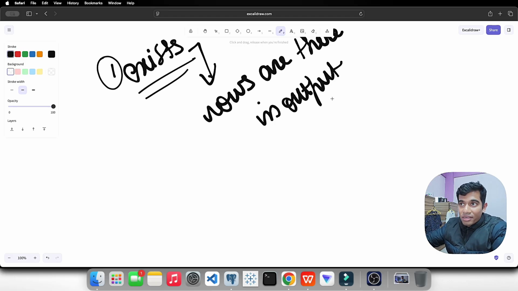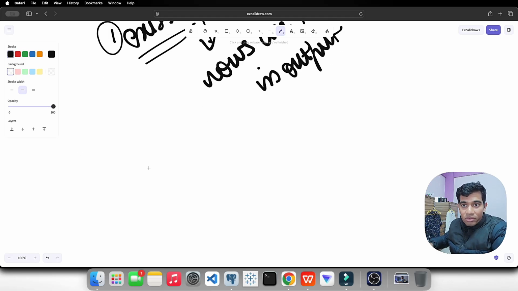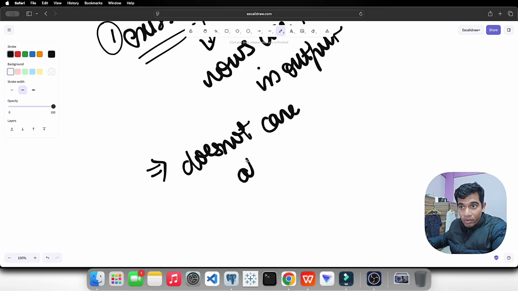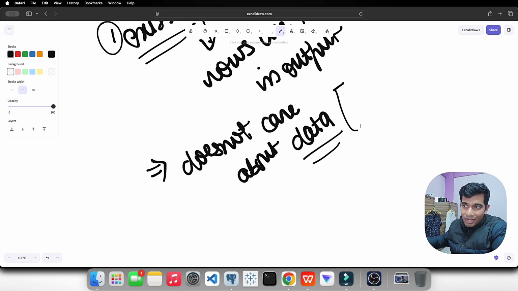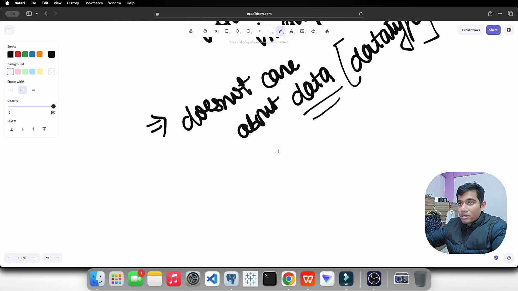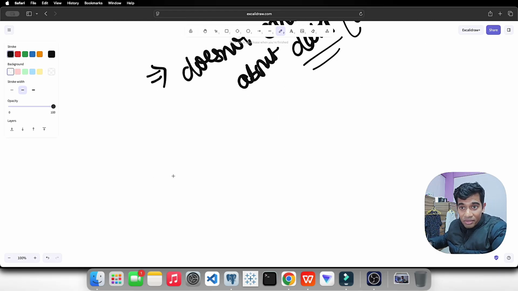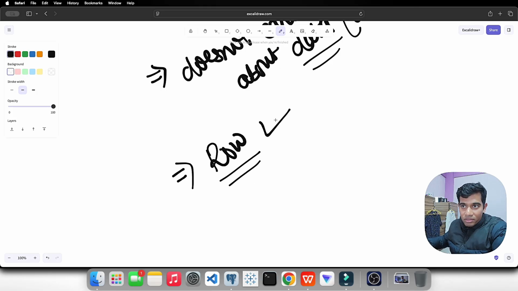So what it does not care about is the data. What data you have, what the data type is, doesn't matter. It only matters whether we receive any row in the output. It only takes care of this. That's it. If rows exist, then yeah,